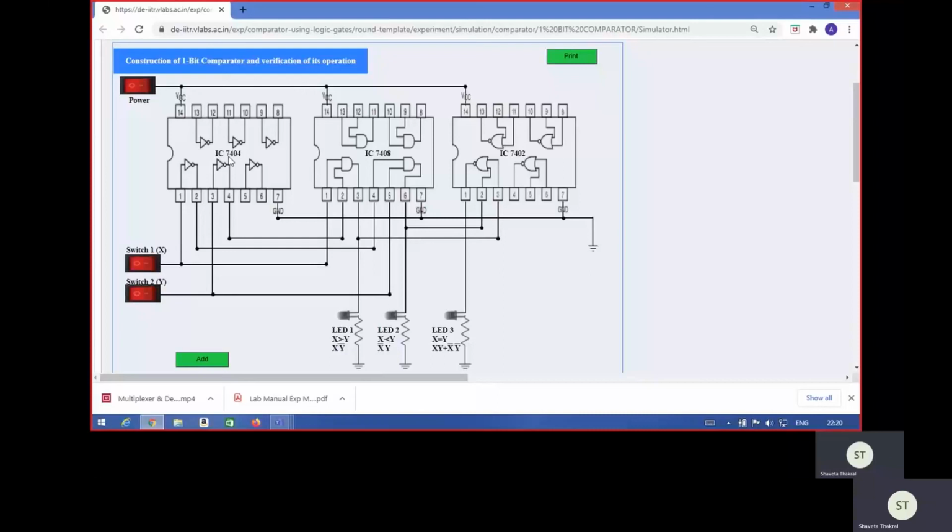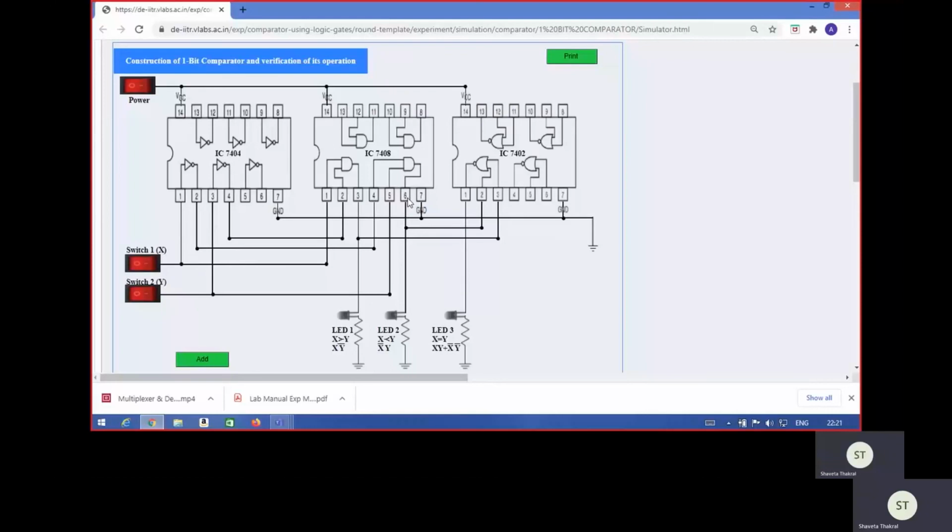So again we can use this particular 7404 IC, because in a single IC in total we have 6 NOT gates. So we can provide the signal X at pin number 1, and at pin number 2 we will get X complement. So pin number 2 of the 7404 IC needs to be connected to pin number 4 of the 7408 IC. So the signal we get here, that is X complement, and at pin number 5 we are giving the signal Y. So this is taking the product of these two, that is X complement at pin number 4 and Y at pin number 5.